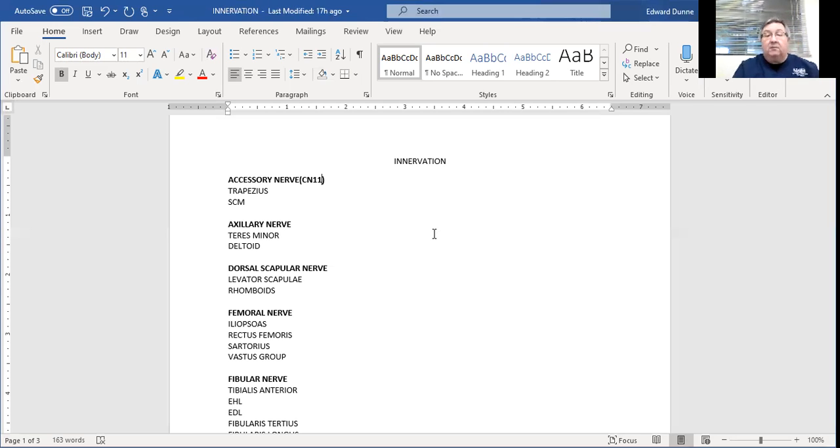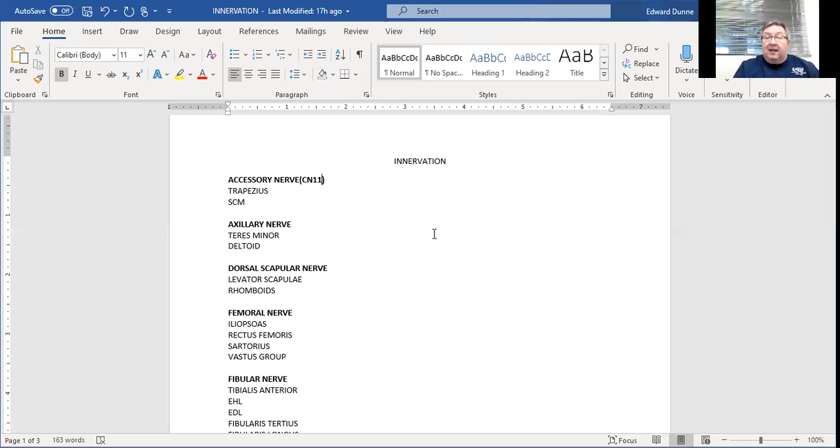We'll talk about that also during the last week of intro. The dorsal scapular nerve is one of those nerves that come from the brachial plexus, not one of the major nerves. But remember, levator scapula was that muscle that comes from the transverse processes of C2, C3, and C4,